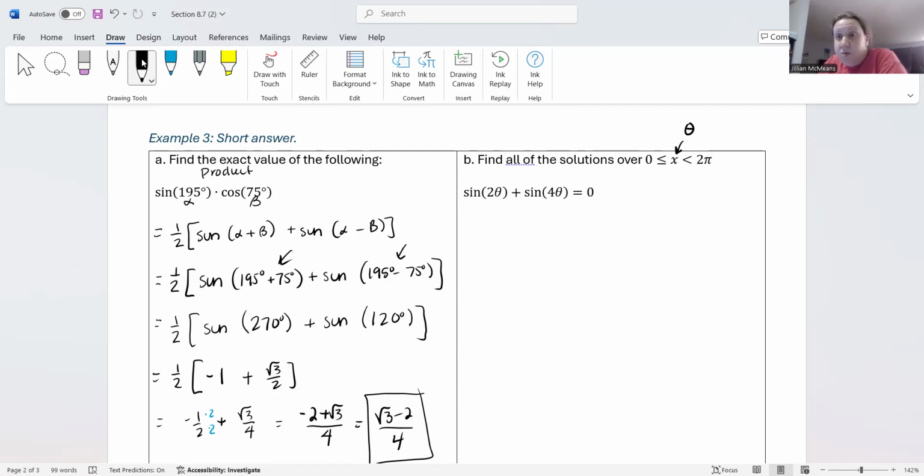What in the heck do I do, right? Because I don't have the same argument, so I can't combine like terms here. I don't have identities that give me something for sine of 2 theta or sine of 4 theta really. Well, I can kind of do some stuff, but I'm sort of stuck. There's not a lot I can do. And what's really cool about going from a sum to a product is that if we can set a product equal to 0,